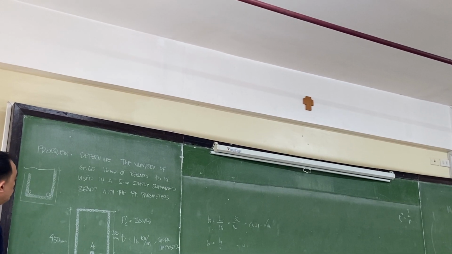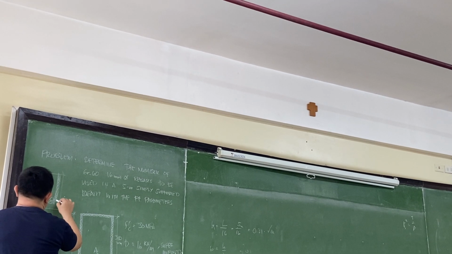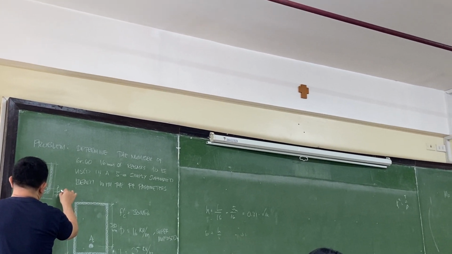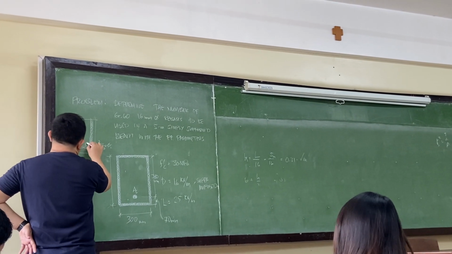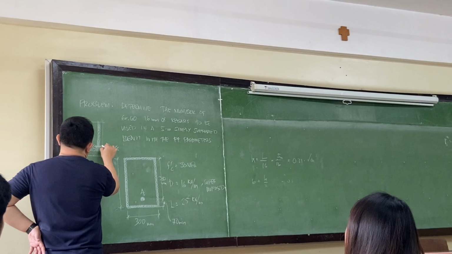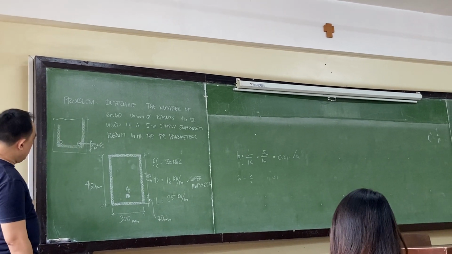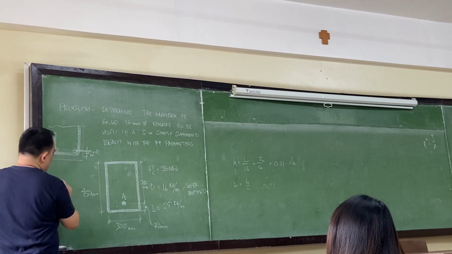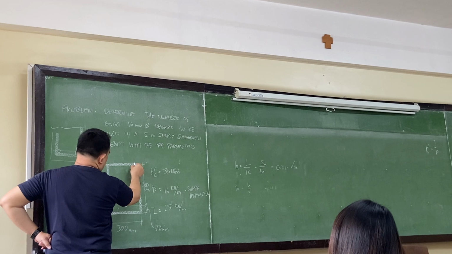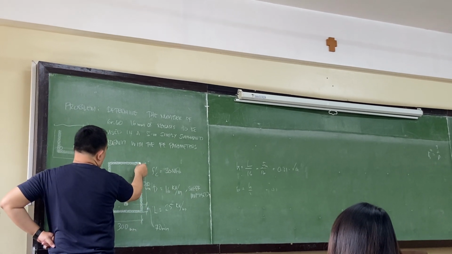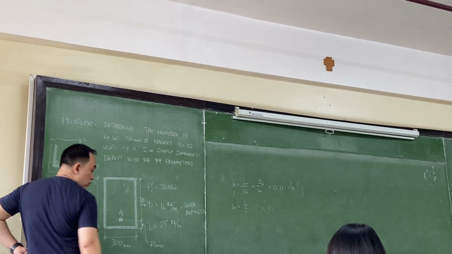So let's just say these are 10 mm. And then this one, of course, is your diameter divided by 2. The centroid then is 75, because our D here is measured from the extreme compression fiber to the centroid of your